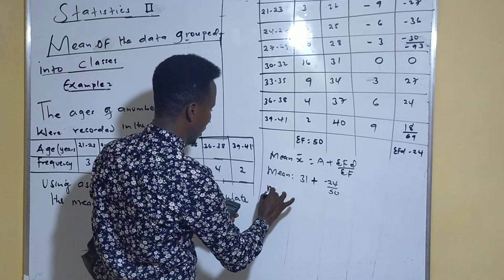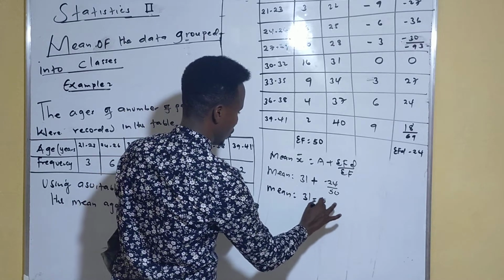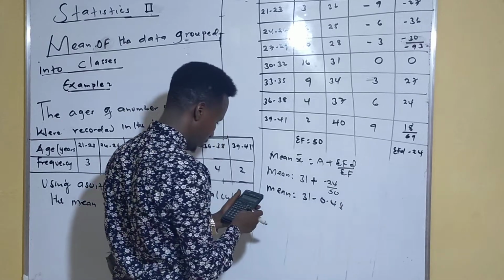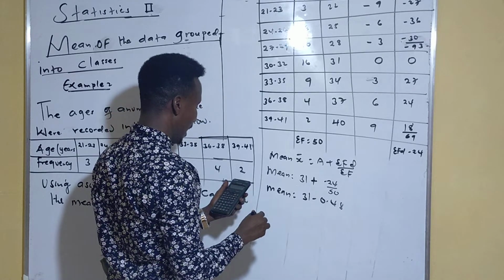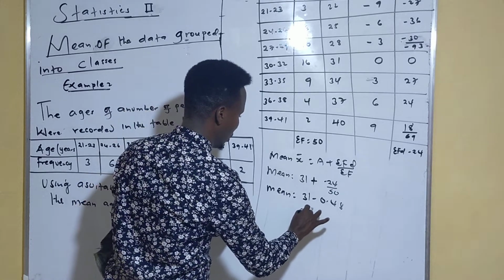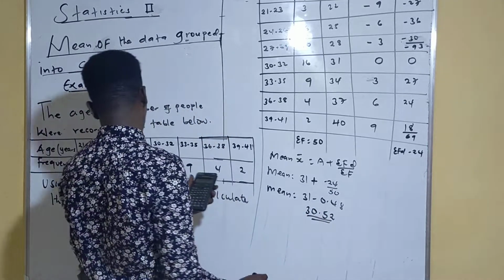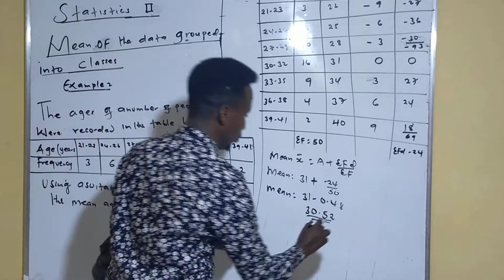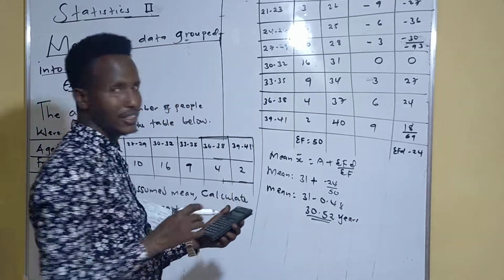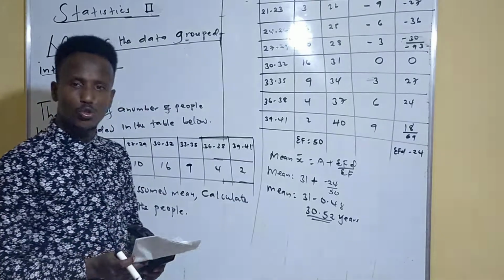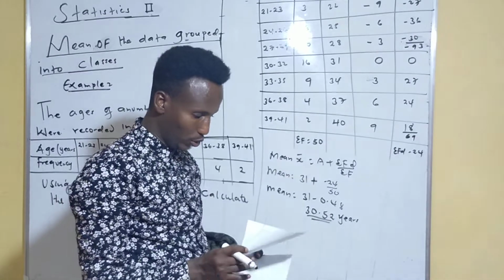0.48. So our mean therefore will be that 1 minus 0.48. That 1 minus the answer, it will give us what? 30.52, which is 30.52. Then right here, yes, because we are talking about h. So that is what we are going to do for how we are going to calculate such kind of question